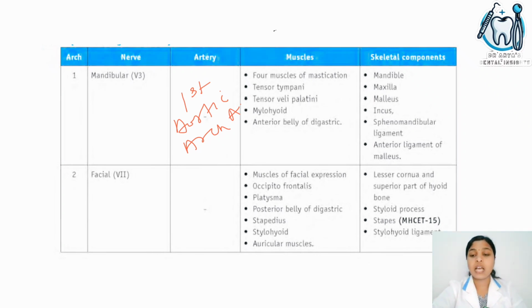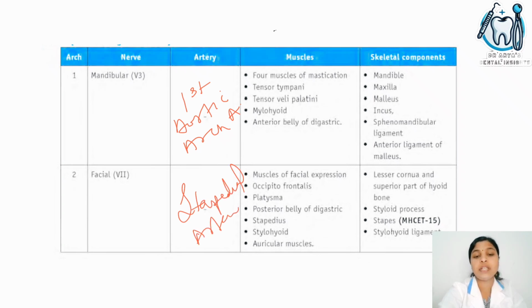Then second one is the facial nerve. Here the artery is stapedial artery. So first arch is supplied by the mandibular nerve and supplies various muscles of mastication, tensor tympani,